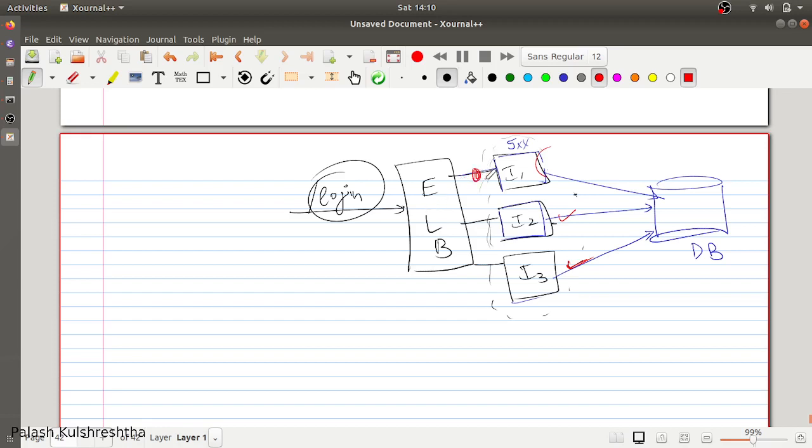If this connectivity was broken, then the ELB would not be able to reach this instance. For example, let's take that the security group of this instance was somehow changed. These are hypothetical cases that you have to check one by one. If you don't have a runbook or you are creating the runbook, then you have to find out all the hypothetical cases that can happen.